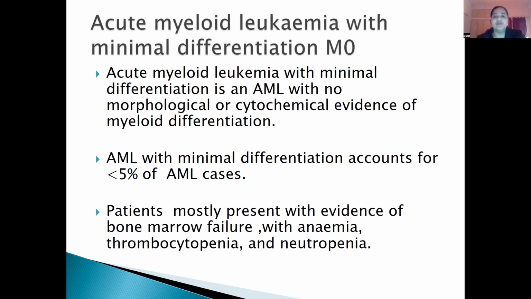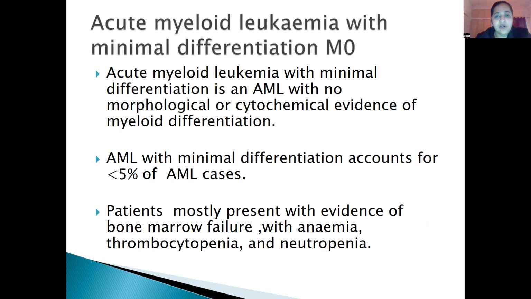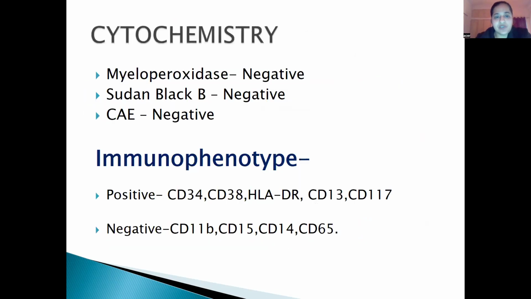Now we come to acute myeloid leukemia with differentiation. So basically the first is minimal differentiation, that is the M0. It accounts for less than 5% of the cases. There will be pancytopenia, and the blasts are varying in size and there are no features of differentiation for the progression. Okay. So the marrow is completely replaced by the blasts. So that is AML with minimal differentiation, MPO